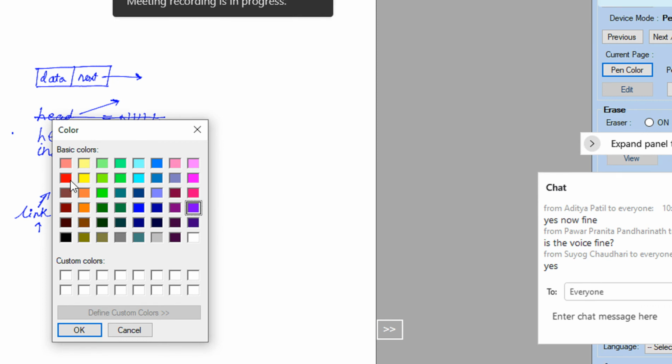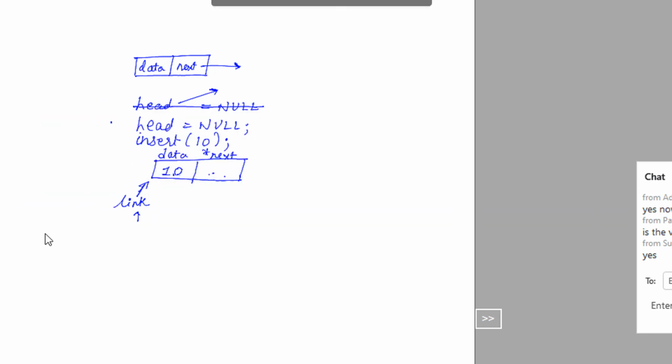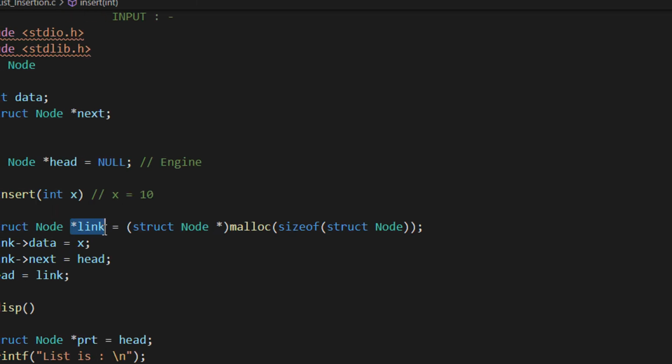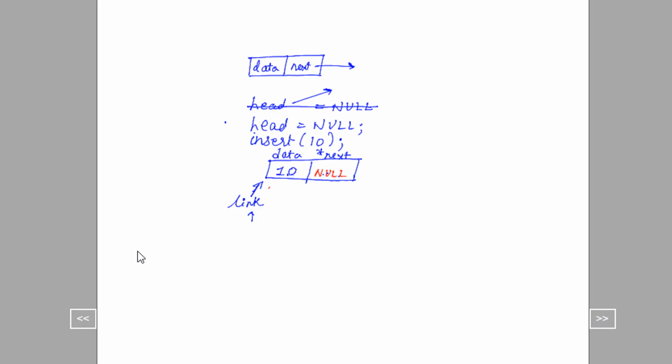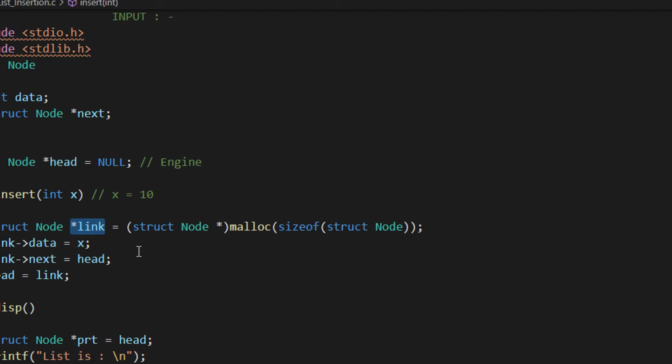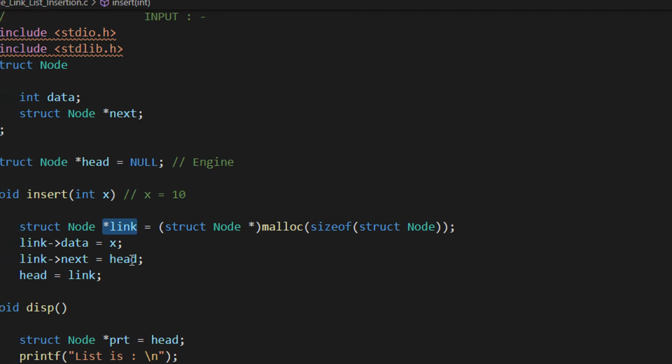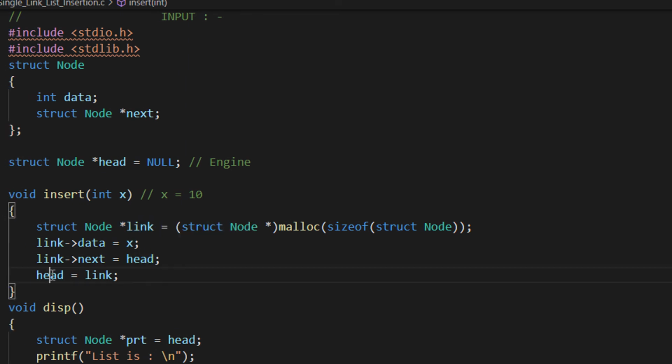Let me keep it red here. Link dot next is now null. Of course, when we created link here, link was pointing to our base address. Now we have link dot data is x, link dot next is this. Now see what I do, I update the head pointer.